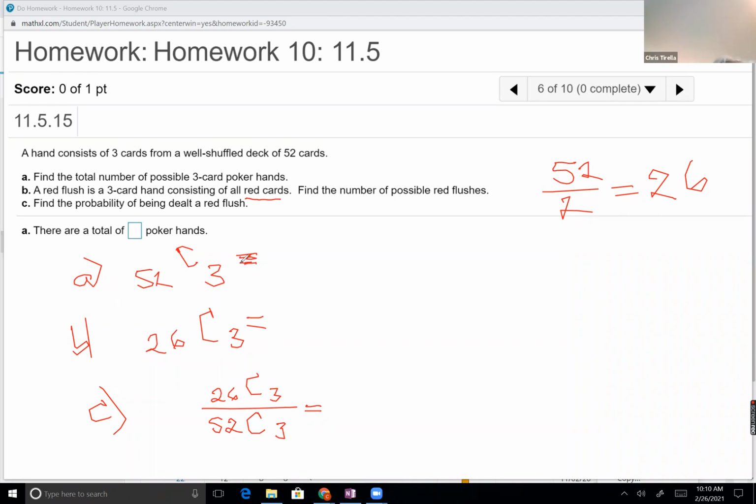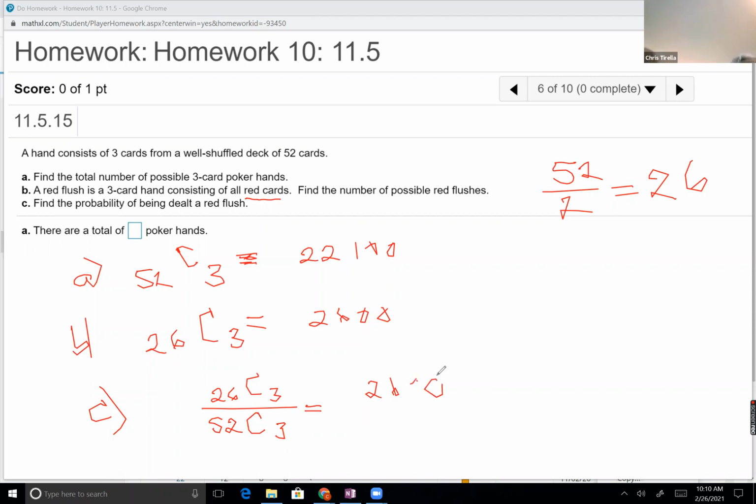What is the answer? For part A, I apologize. I was being lazy and I wasn't doing the computation. For part A, if I do 52 combination 3, I get 22,100. For part B, if I do 26 combination 3, I get 2,600. And so part C would be that fraction, 2,600